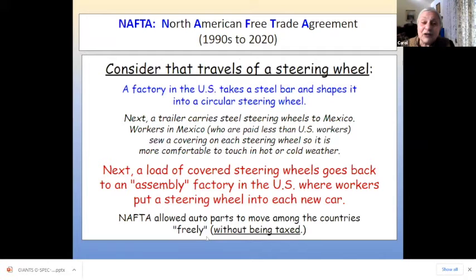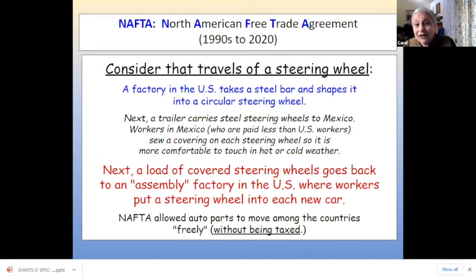We're going to look at the travels of a steering wheel. Students will all be aware of the steering wheels in their car. Our example starts out in a factory in the US. It could be Michigan, Ohio, or Indiana, where a steel bar, a straight piece of steel, is shaped into a circle for the steering wheel. And then lots and lots of those steel-shaped, circular steering wheels get put on trucks or trains, and they're shipped to Mexico,